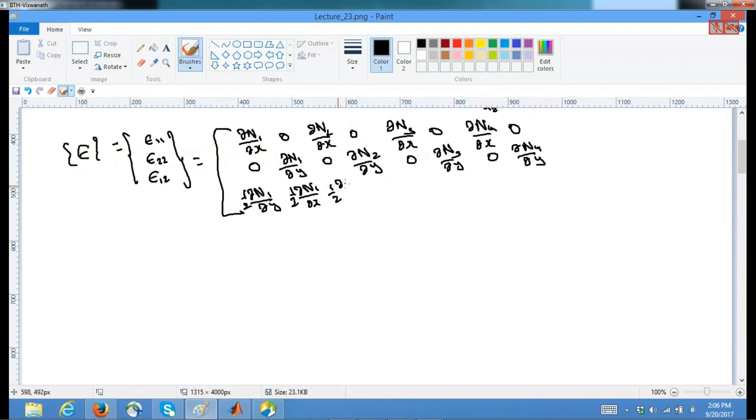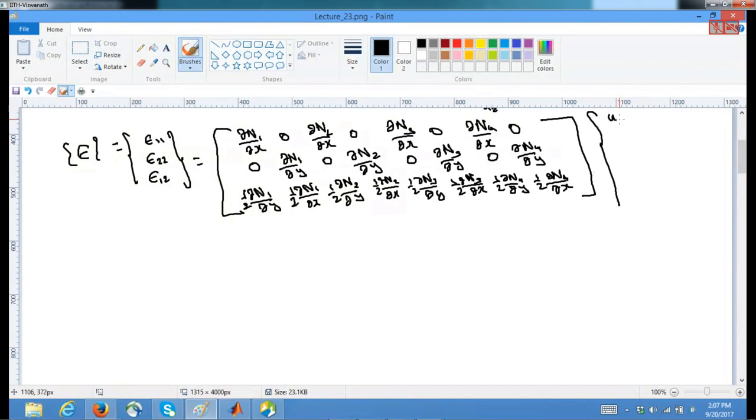1/2 dou N2 by dou y, 1/2 dou N2 by dou x, 1/2 dou N3 by dou y, 1/2 dou N3 by dou x, 1/2 dou N4 by dou y, 1/2 dou N4 by dou x, times again